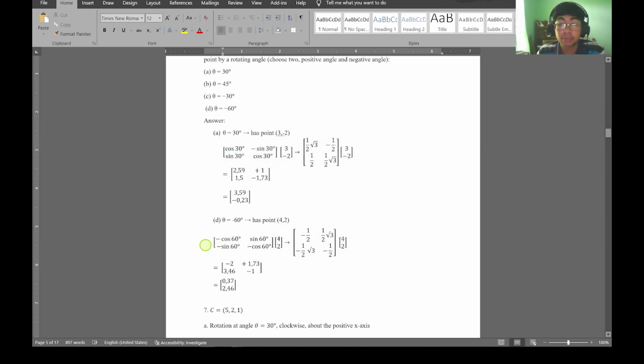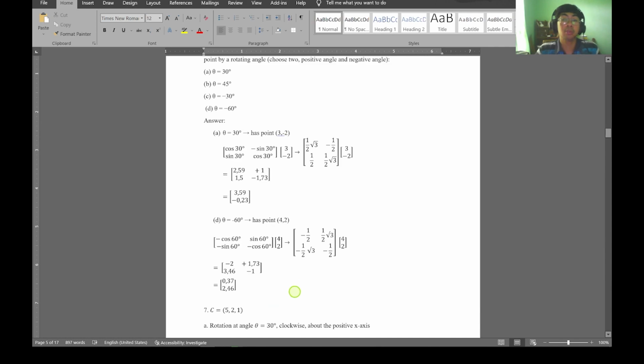So it becomes cos, sin, minus sin, and cos, and multiplying with the matrix 4 and 2, this is the value of cos, sin, minus sin, and cos of 60 degrees, and multiplying with the matrix 4 and 2,